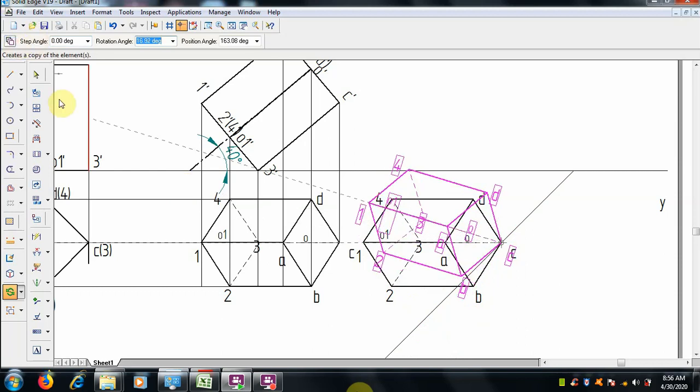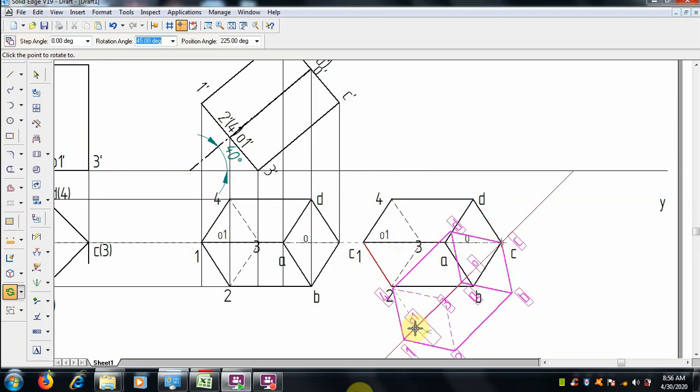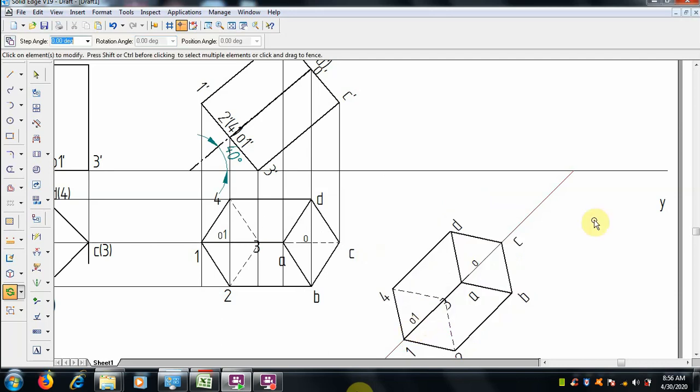There should not be the copy command, it should be removed, so that it is totally tilted. Now it is rotated, the axis is inclined, appearing to be inclined to VP for the given angle.